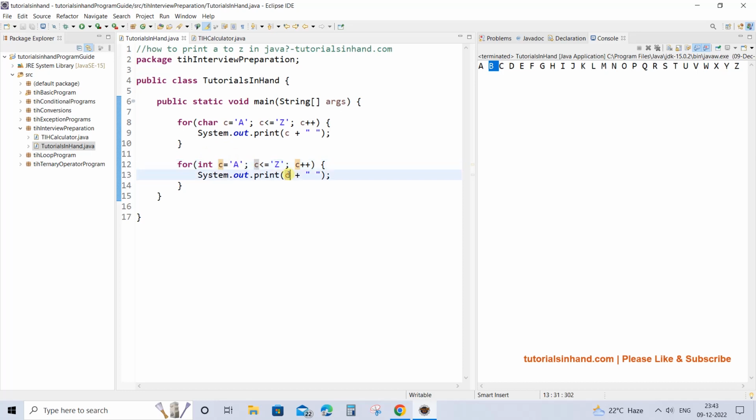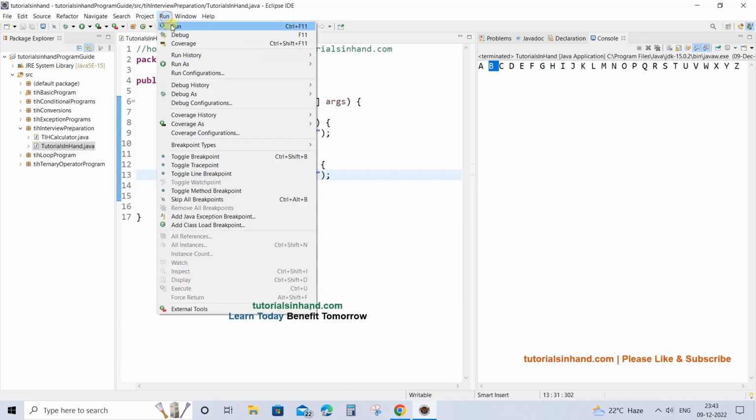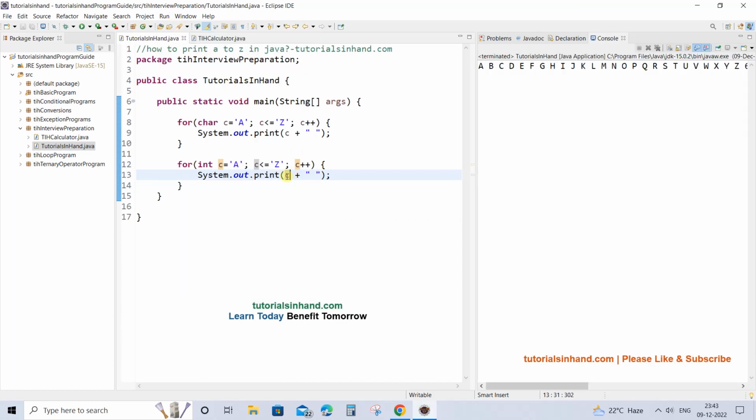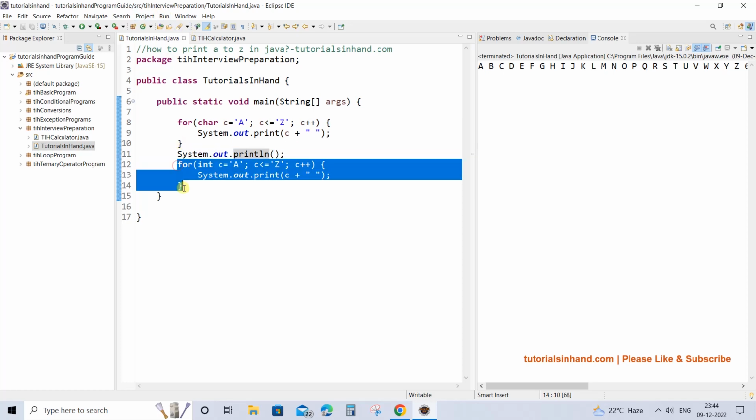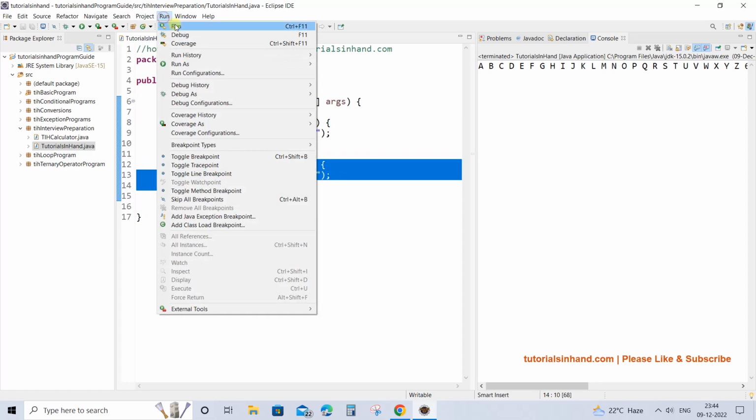And now if you print this, you will see the ASCII value for all the characters. The output came just after Z ended because there is no new line introduced, so we are printing on the same line. So let's introduce a new line, remove this one and just have a println. Now this for loop's output will get printed on a new line.